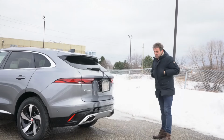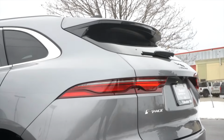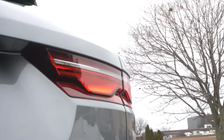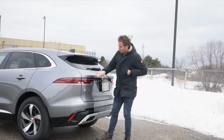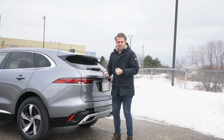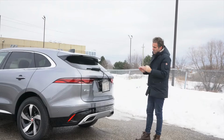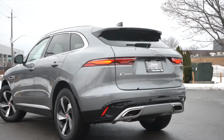The rear end has received some design upgrades. So for example, the taillights now have a distinctive design as well, a bit sharper. And what I love about it is how it's completely hidden inside, so it's nice and smooth and flat all the way through, so that way it doesn't look extended on the outside and very dull. This looks nice and refined and sleek. I love that design. The taillights are fantastic, great shape, and of course they follow that double J style